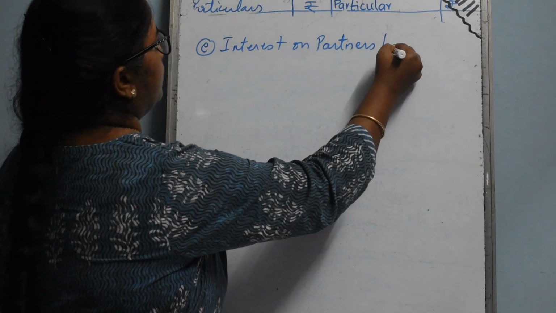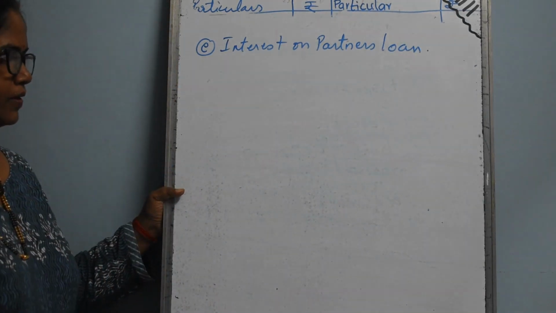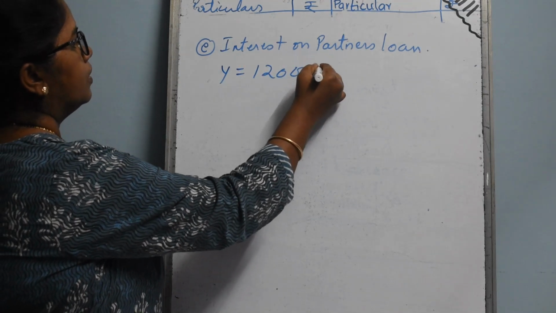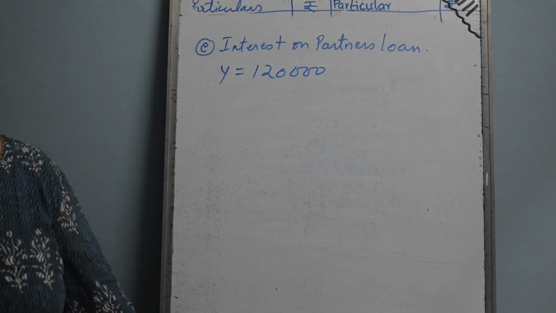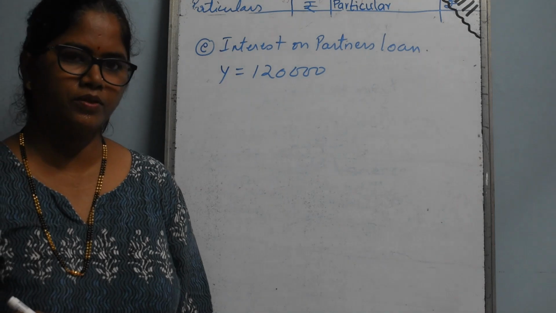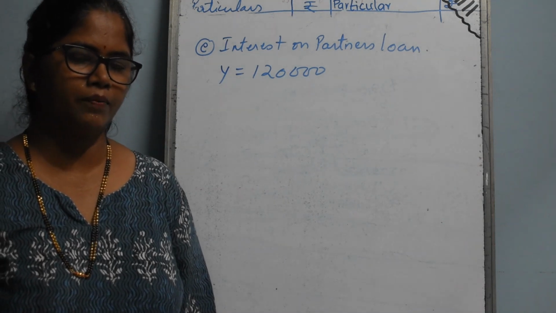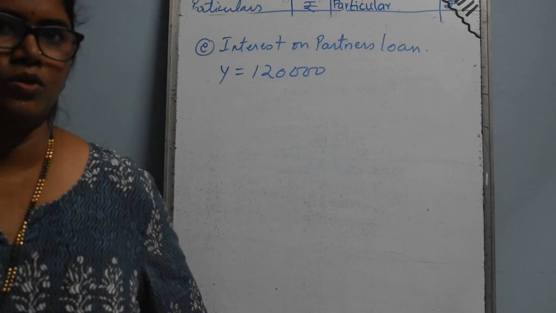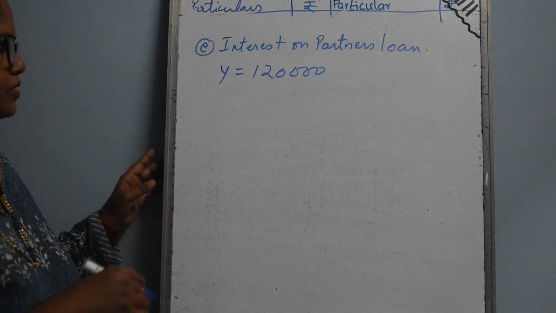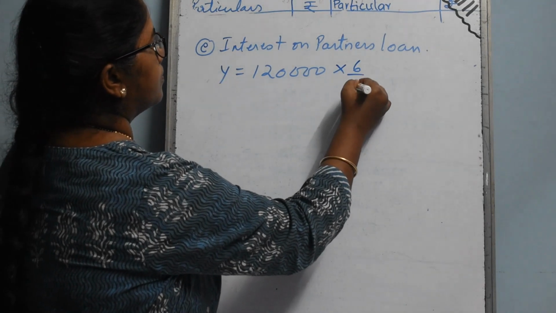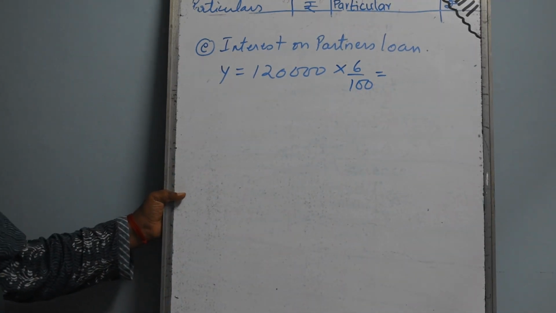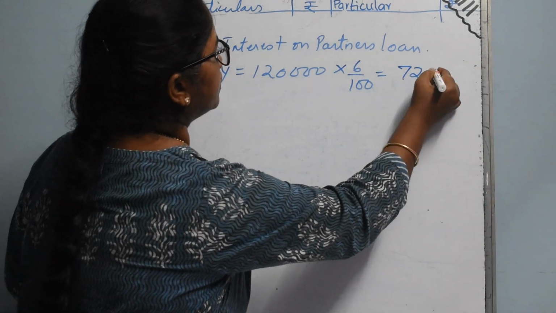on partner's loan. In this case, the loan amount is given and it is given by Y. He has given us 1,20,000 and interest is not given. Now if you remember the provisions as per the Partnership Act, when the partnership deed is absent regarding a loan advanced by the partner, we have to give interest up to 6%. So here, even though the rate is not mentioned, you have to give interest of 6% as per the Partnership Act. So the interest amount comes to 7,200.